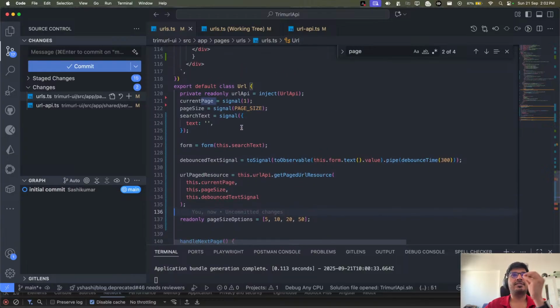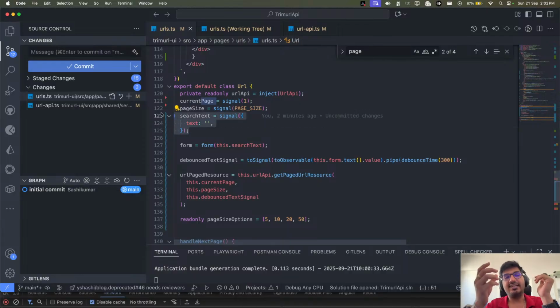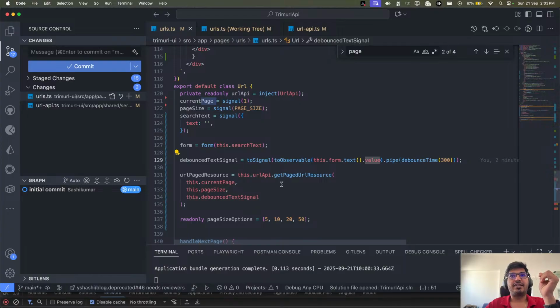We have seen a small glimpse of a signal form, just for a single text, but that has really helped us achieve a lot, to be honest. Now we have a signal form, we added the debouncing on the signal, and then we created this URL resource as well, which has been abstracted into a URL API service. And this is what it is from today's live stream.